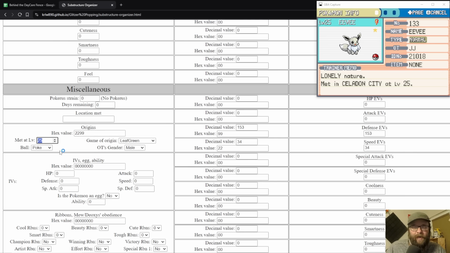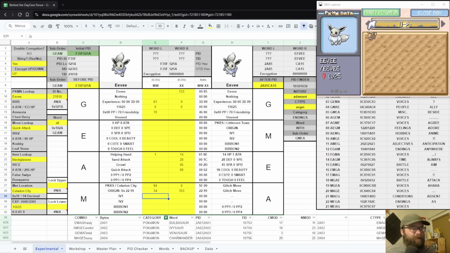What would be the stats for an egg-based Pokemon? Well, they would be met at level 0. And then ideally, it actually comes from Emerald, because Pokemon from Emerald generate their IVs and their PID completely separately. So that means you can arbitrarily have any combination of IVs and PID, which means that no matter what PID we give this Eevee, because remember, we're going to be changing the PID by writing words into the spreadsheet, any PID we give it will be valid for the IVs that this little guy has, which is pretty cool. So now that we've got Eevee's data in here and we're all synced up in the spreadsheet,